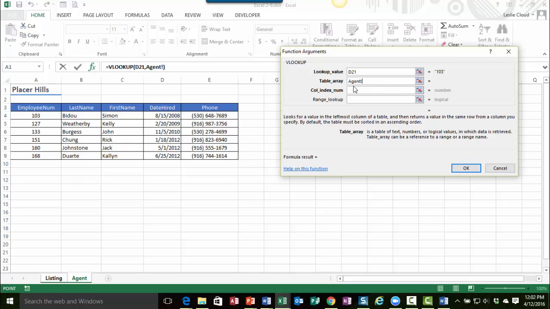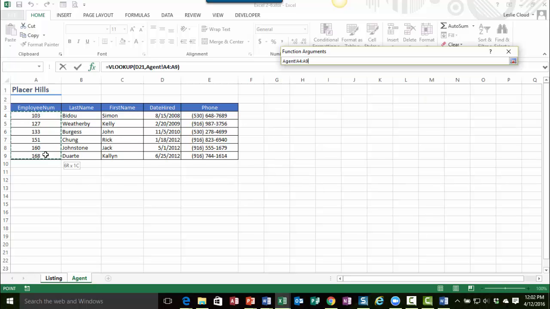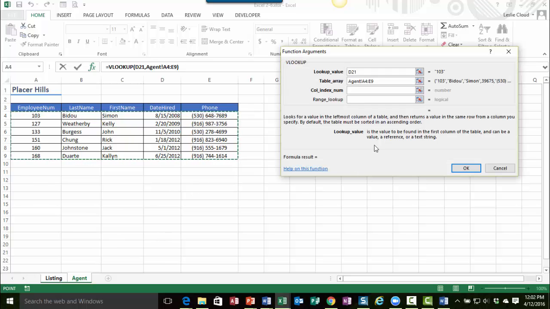So keeping that in mind, basically the table is this information here. We're not going to include the heading information, so we're going to start on A4 and include all of this information on the table. So now I can go ahead and let that go. So you can see that the table array is A4 through E9. Okay, and then the column index number,